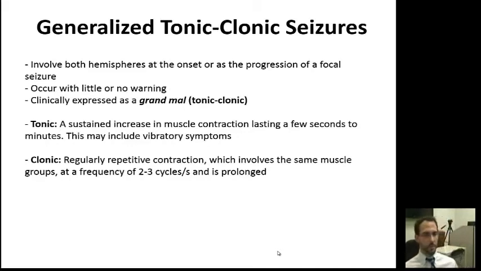So you see pretty much a patient found to be stiff, basically extending the arms, extending the legs, and there could be some shaky movement, but not much. Typically, it's just more of a muscle tension or rigidity, and that can last for just 1 or 2 minutes or so. The clonic seizures are kind of different.